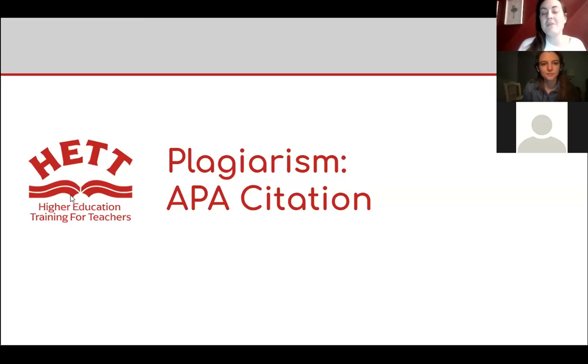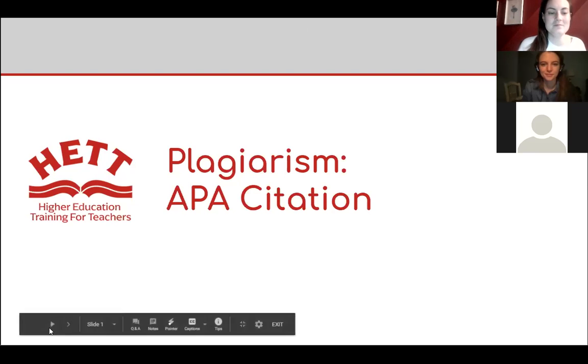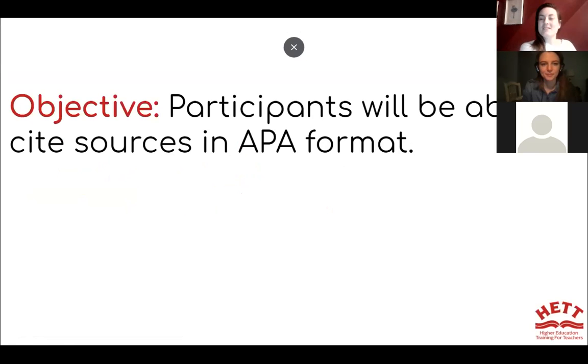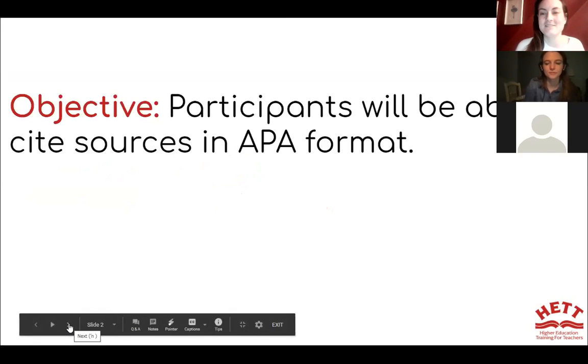There are many different ways to do sources and citations out there, but we decided to just focus on two.